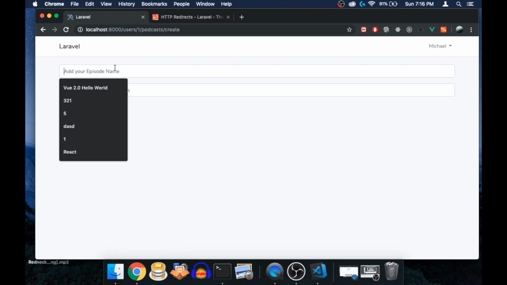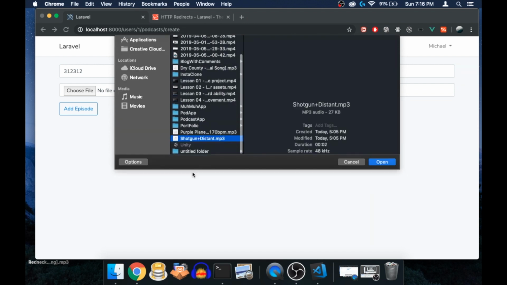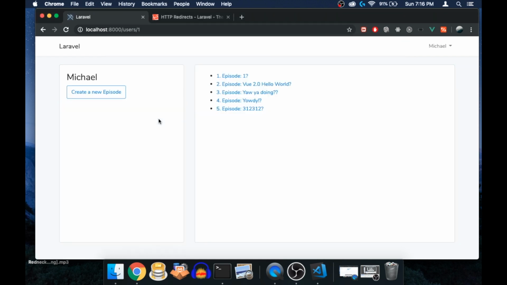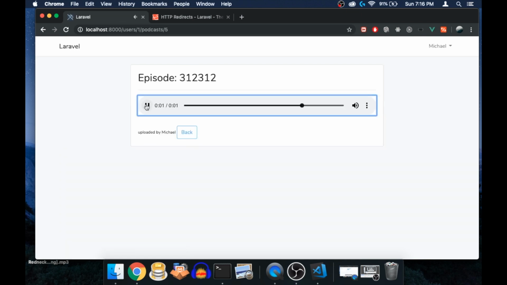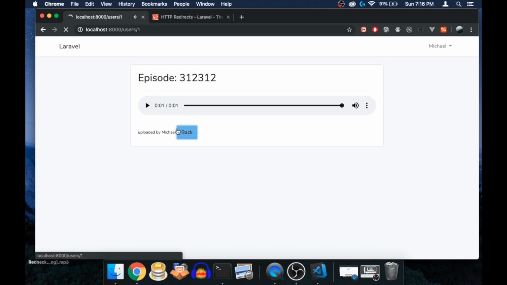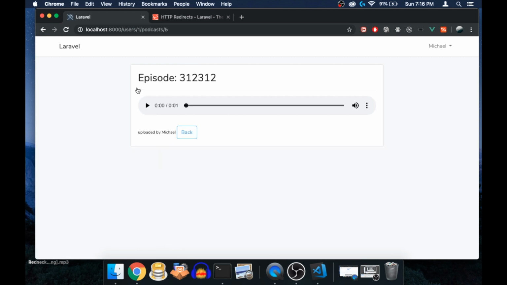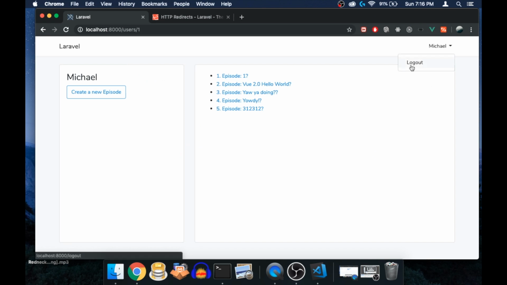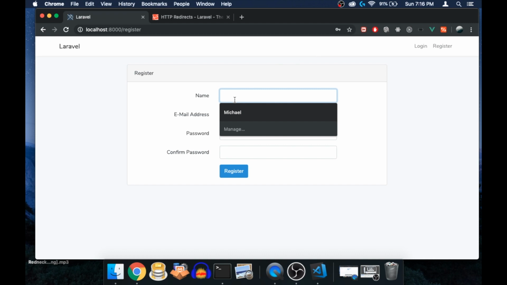Create new episode, add some title, go down, add the shotgun sound. And I think this refreshed automatically. There we go, there's the sound of the shotgun. Awesome. Of course we could also make, for example, a link to your profile so that we can click on that. What I will do now is quickly log out and register with another